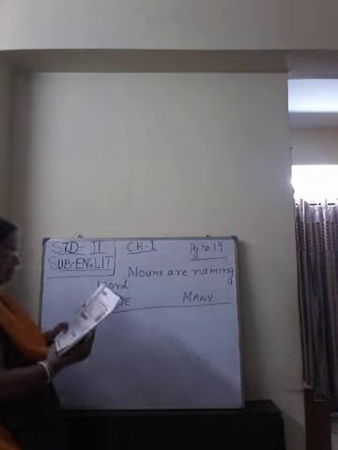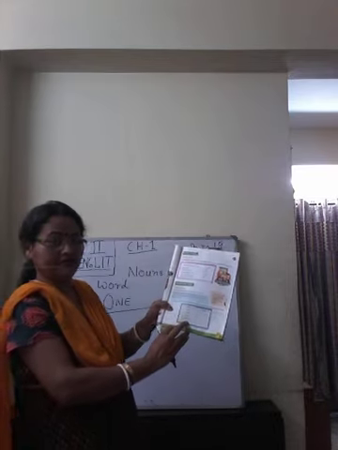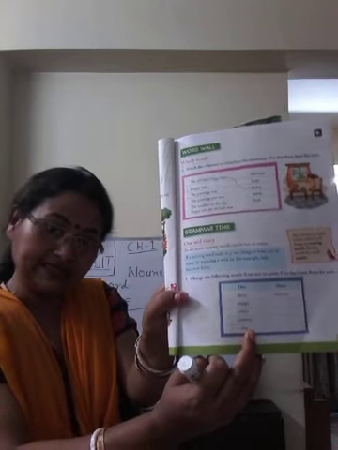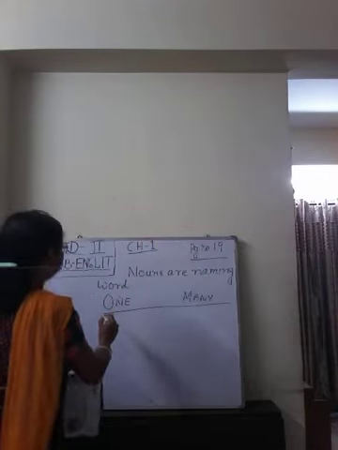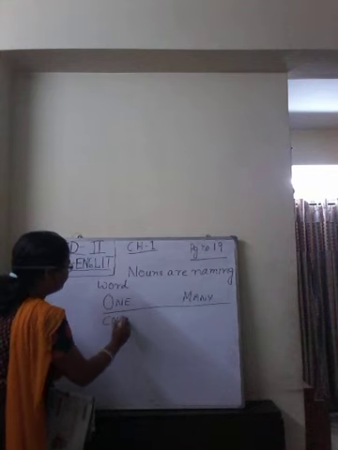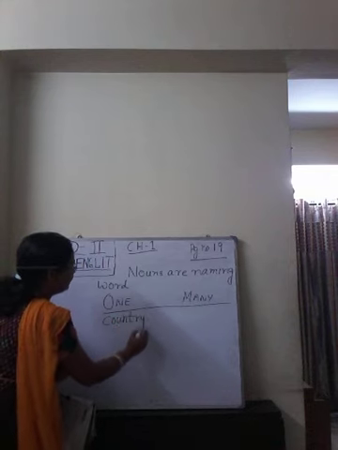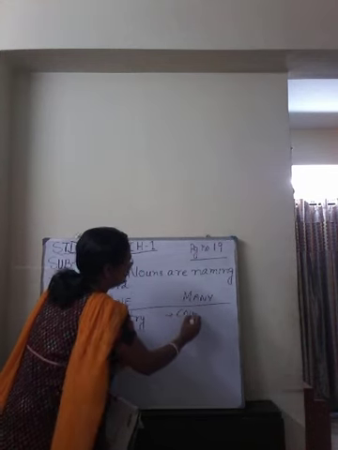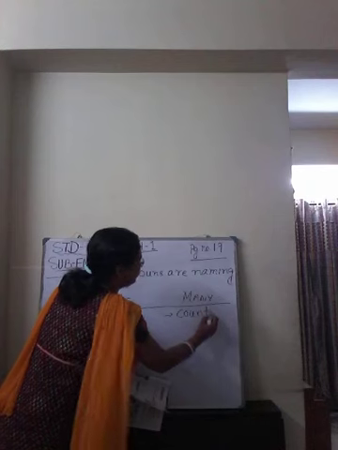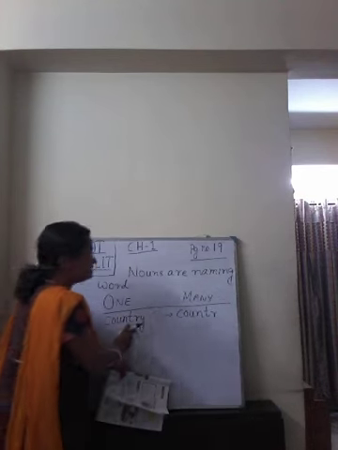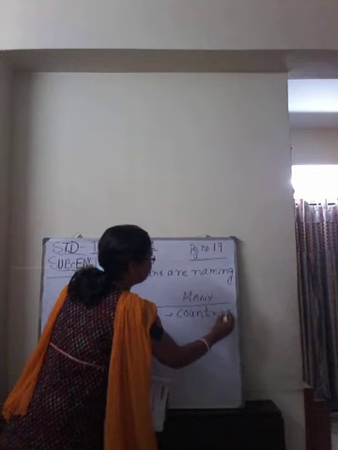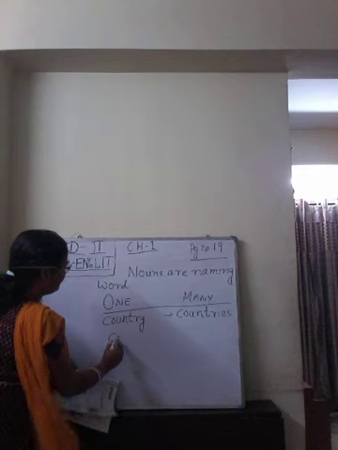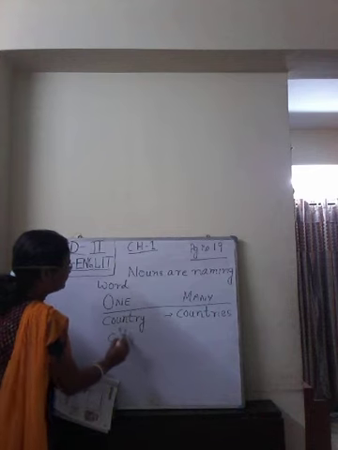See what is the next one? Next, country. What is the name of your country? One country, many countries. So how will we write country? One country, C-O-U-N-T-R-Y. When you are changing it to many, C-O-U-N-T-R-Y will change into I, then E-S. Countries. Next is city. One city, many cities.